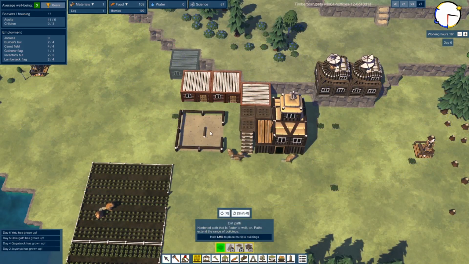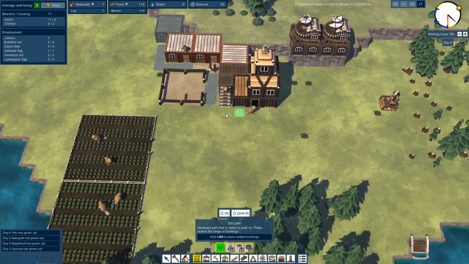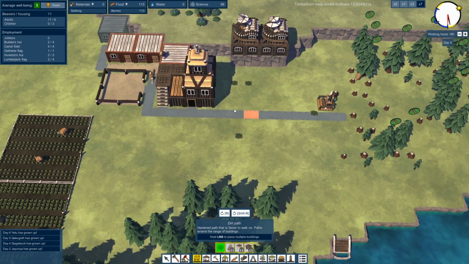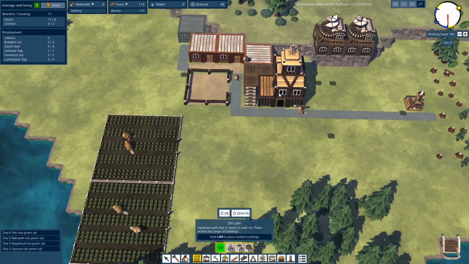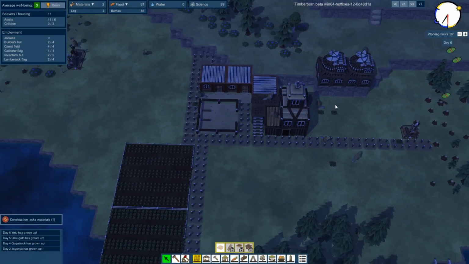So the lack of logs is a bit of a bottleneck, so what I'll do in the meantime is give the remaining builders something to do by building some paths, which is very handy. You can see where they are moving around a lot, so let's build the paths. The paths are actually free, but they take a bit of time to build. And it means the beavers do move a bit faster around the shop. So, a bit of a network going on there. It's going to take them a while, but...